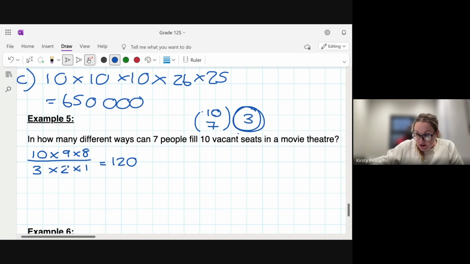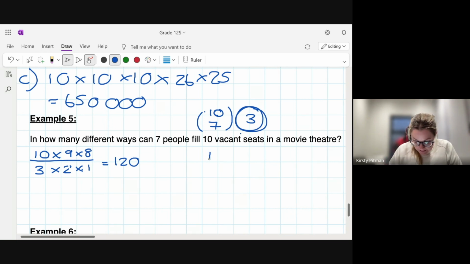But another way to do it, and the way you may have been taught in class, that's the way I understand it. You don't have to use that way, okay? The way that you may have been taught in class is the following. 10 factorial over, okay? How many people do I have? So that's the number of options, 10 factorial over 7 factorial, times by 10 minus 7 leaves me with 3 factorial.